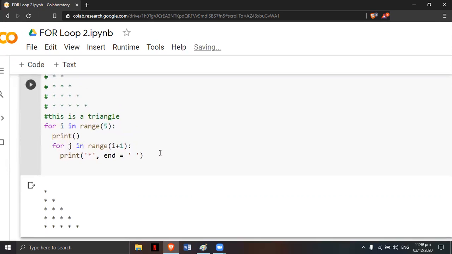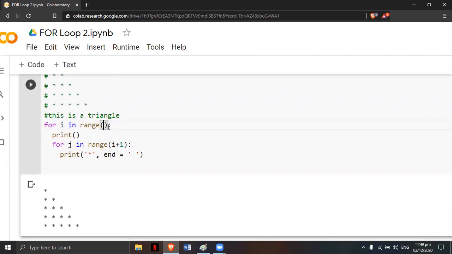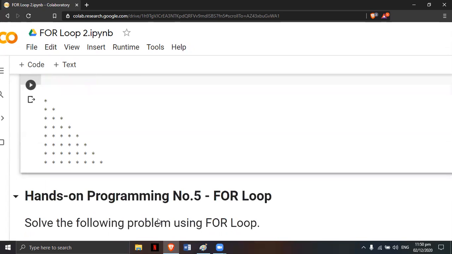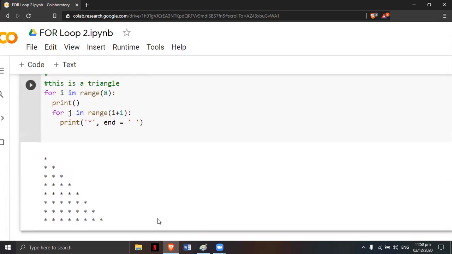Okay, now if you want to change the size of the triangle, you can say I want to print an 8 by 8 isosceles triangle. Change to 8, and it will be printed. An 8 by 8 isosceles triangle will be printed. Okay, now that's it for today's lecture. I hope you've learned something about printing shapes using your loop variable, using the inner loop and the outer loop